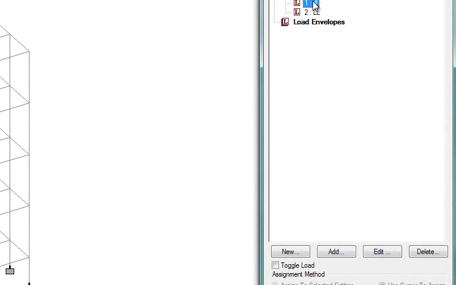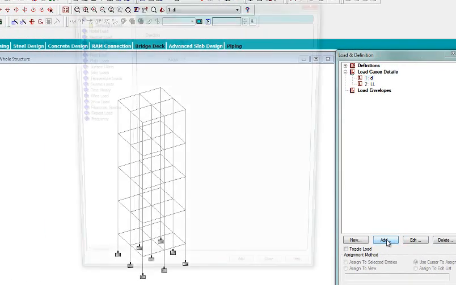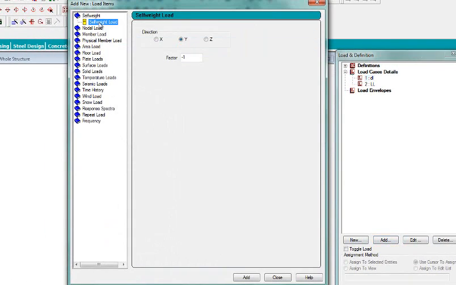Now how to add the dead load? For all the members, the beams, there is dead load. You must be knowing about the various characteristics of the dead load. In order to add the dead load, select dead load, add self weight. Dead load is self weight, and it is in the negative y direction. So add,